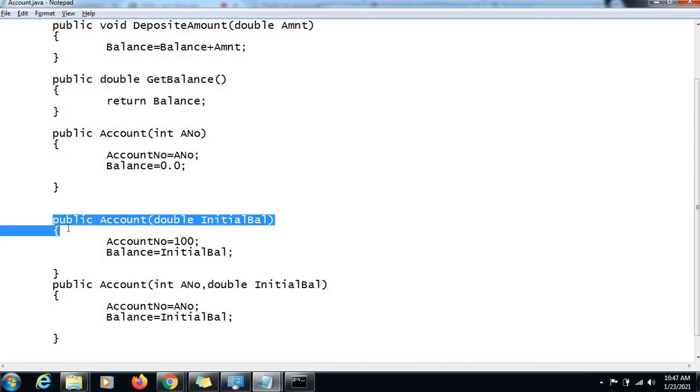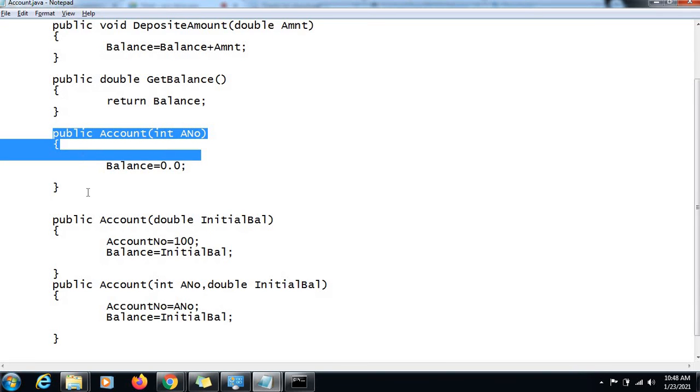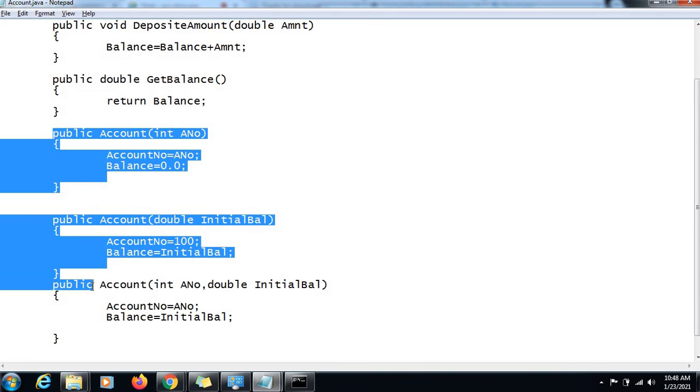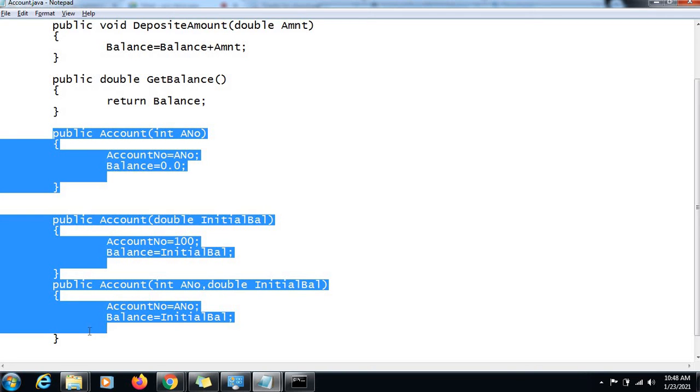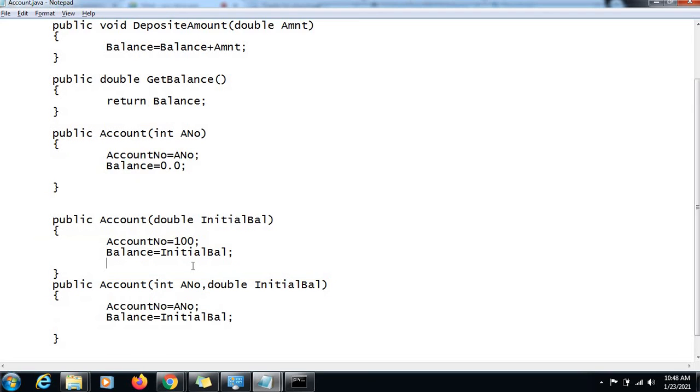Here the account number would be of the bank's choice, but the initial amount would be asked from the customer. And here the third choice which the bank has given you is to mention both the account number as well as the initial balance. So how are these three options of object creation implemented? With the help of constructor overloading, right?